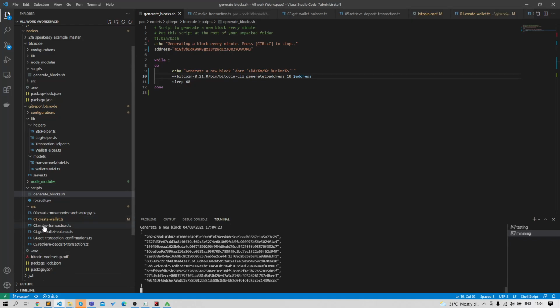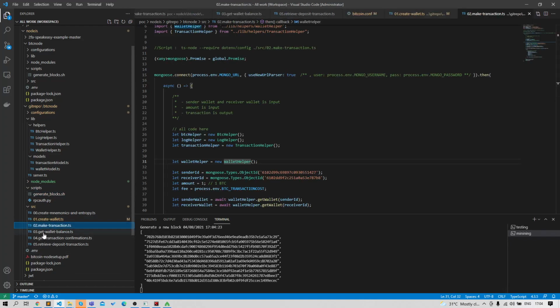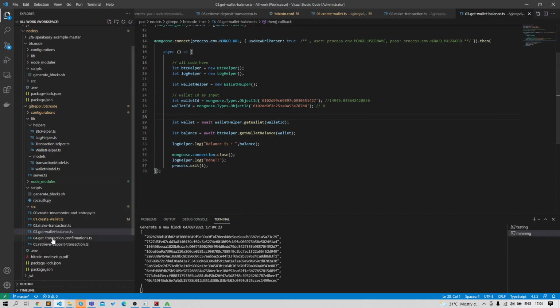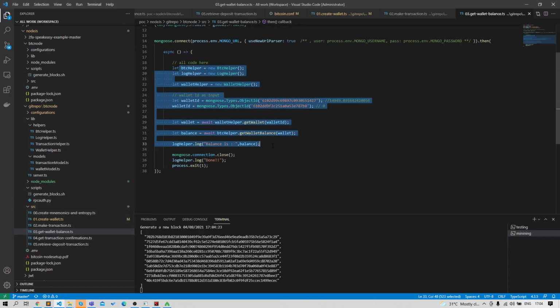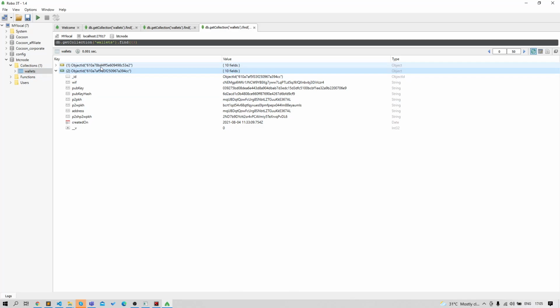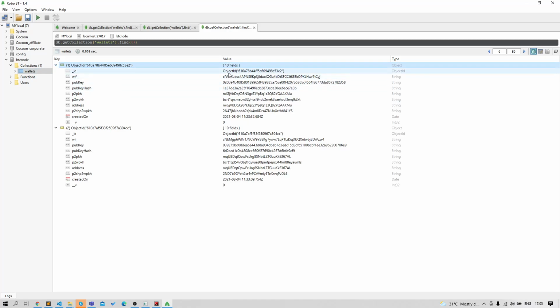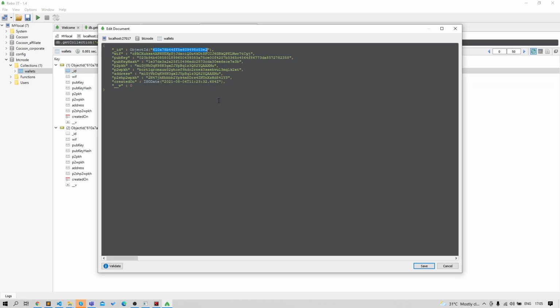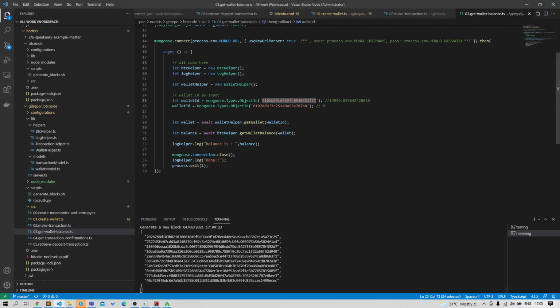Okay, so before making any transaction, first we check how much balance we have in our wallet. For that we have this script, and we will pass the wallet ID in this file. So open Robo 3T, copy the wallet ID and replace this wallet ID over here.